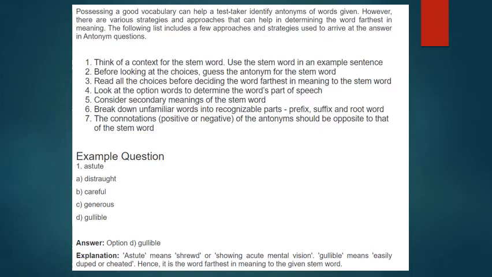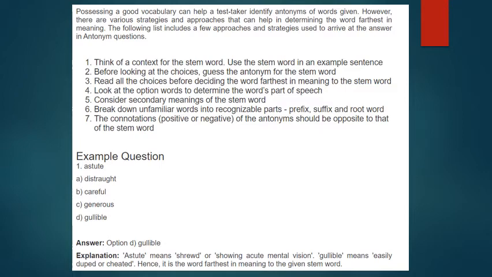So find out from all the choices which word may be the farthest. So read all the choices and then decide. Because sometimes you may find two right answers, but you have to find out between them which is the farthest. Or you may find three which are very close to each other, but among them, the most appropriate one. That is what you have to find out as the right answer.